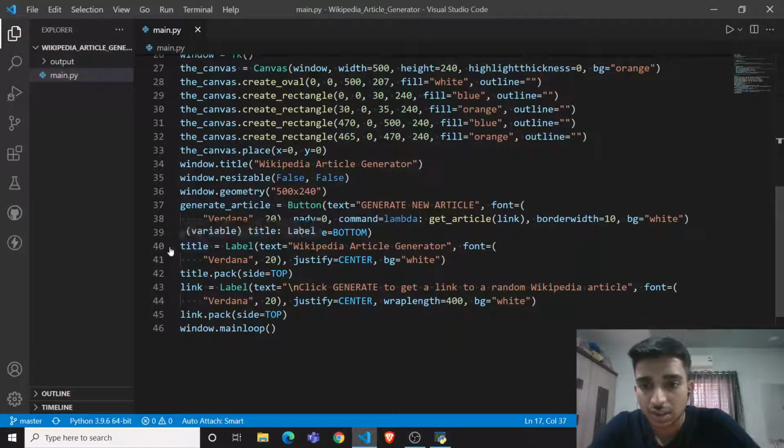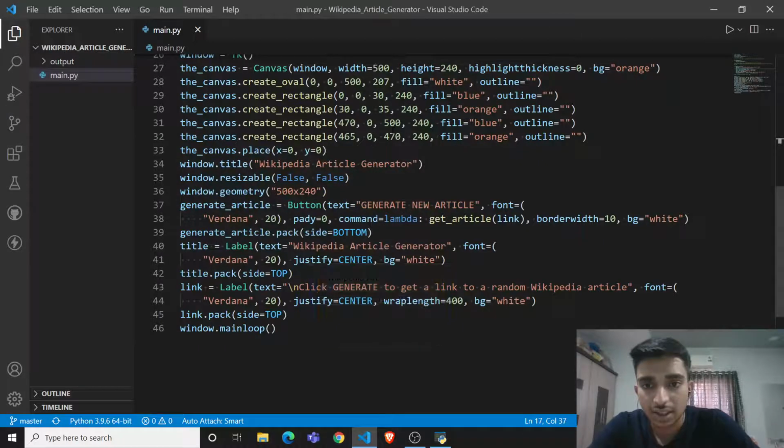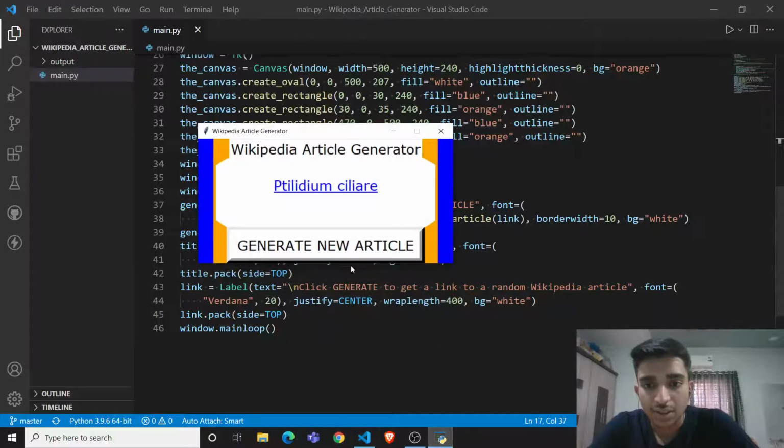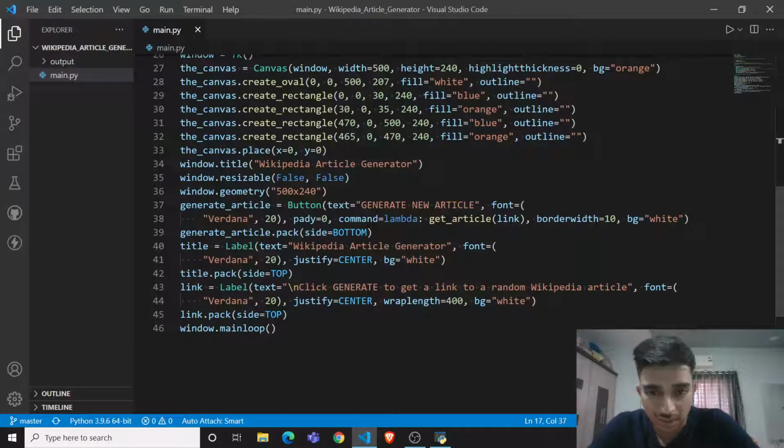And then the title of this Wikipedia article shows up here. If the user is interested in this Wikipedia article, then it will redirect to the Wikipedia article by clicking this link.